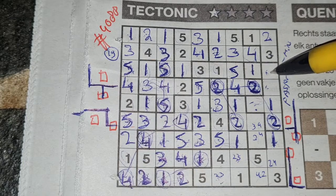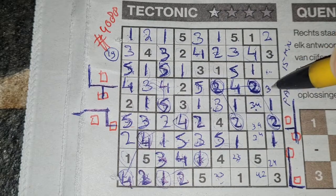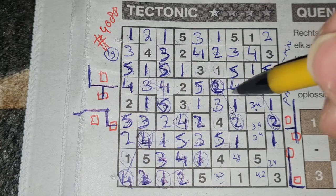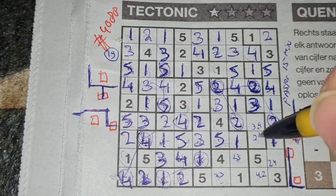This box can be a 3. This box can be a 4. So the 3 and the 4 goes in those two boxes as a pair. 3 and a 4, 3 and 4. So 1 digit left in this area for the number 5. Okay. 3 and a 4, we have a 4 there, so no 4 there, 4 should be here, and the 3 goes there. Now we have a 3 here, so this box can be 3 and more, that box should